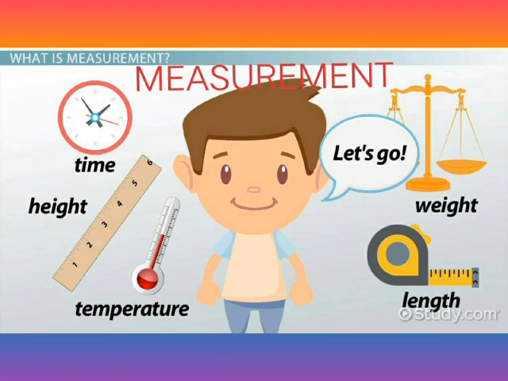That is, to find the length of a pencil or wall, weight of a watermelon or a bag of rice, and to measure the capacity of a container. For example, it can be a water bottle or a water tank. So different instruments are used to find the size and quantity of different items or objects.